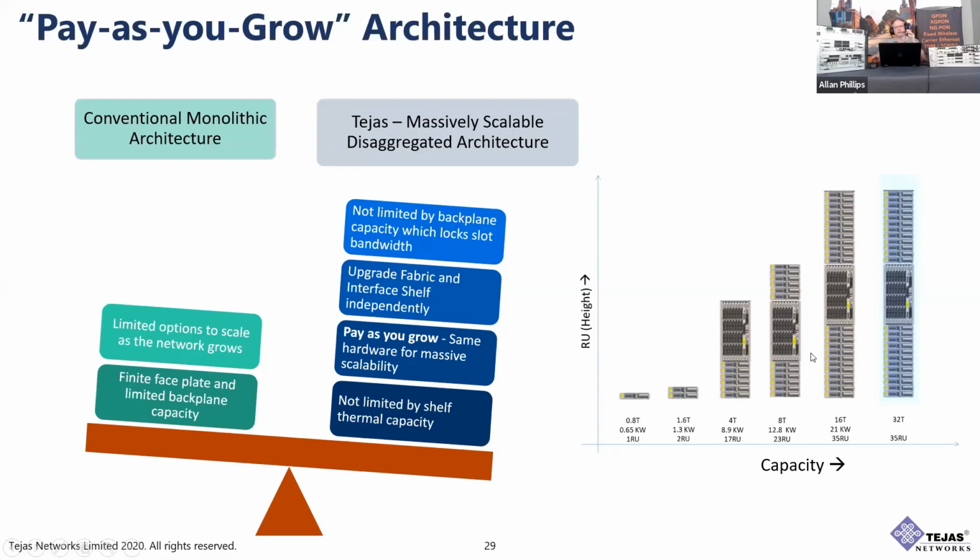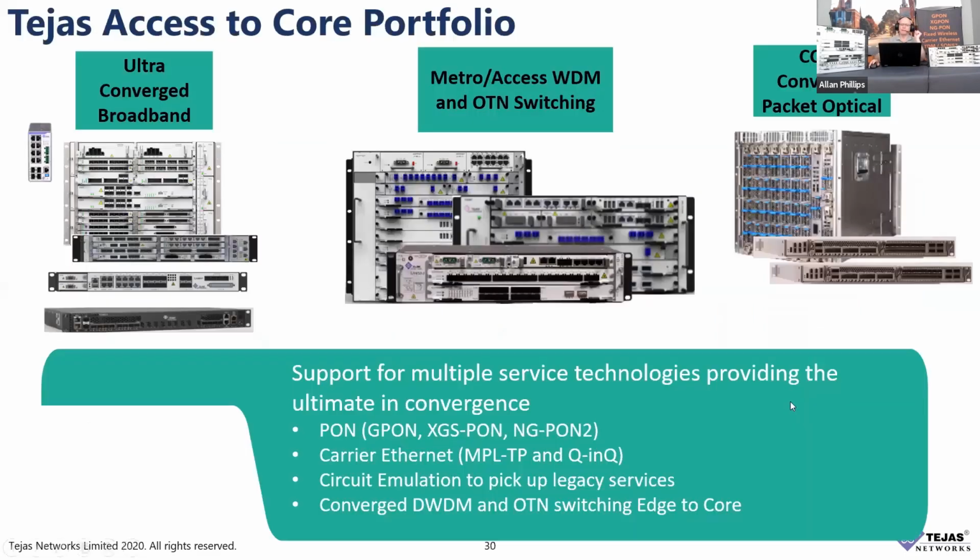So yes, you have a larger chassis, right? But its only function is to not do I/O, but just do switching. So you're not limited by the number of faceplate ports, etc. You need more ports on the faceplate, you add another 1U shelf. And that capability will allow us to have an access to core portfolio, because that goes from ultra-converged broadband right through to 48 terabit systems,